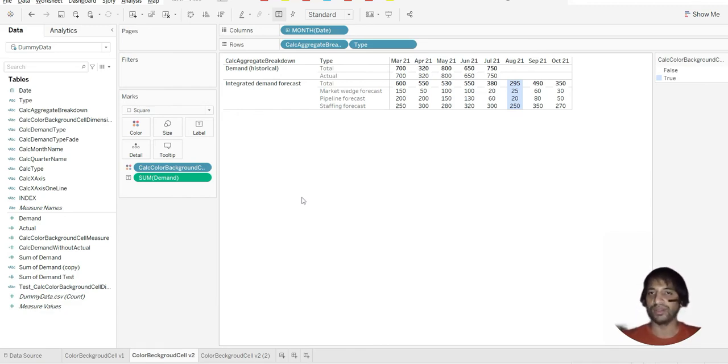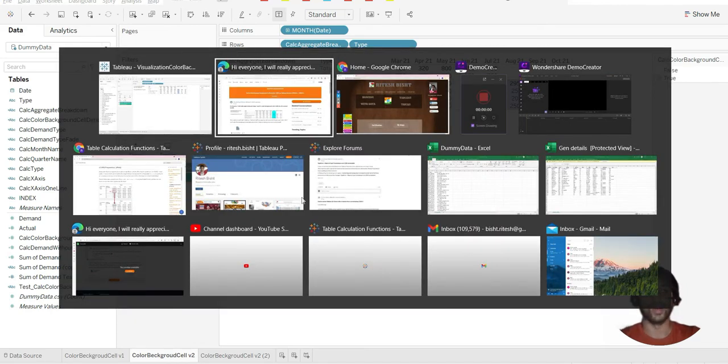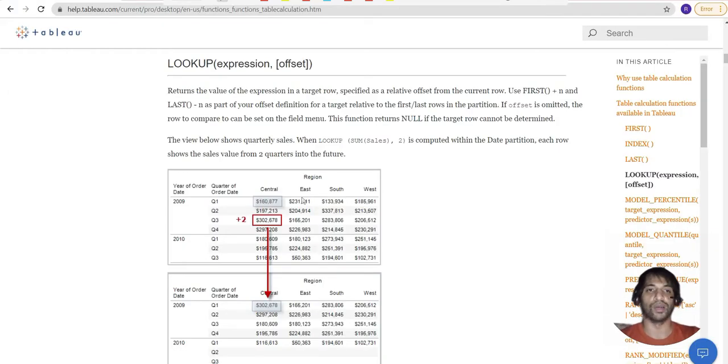So here now this is a good example where you can see the usage of lookup function, because lookup function can detect for you. So let me go to the function lookup. You can see the syntax over there: lookup, expression, and offset. In this, the expression would be sum of sales over there. Here you can see this is the actual calculation for the below views. So lookup expression and you give the offset as well.